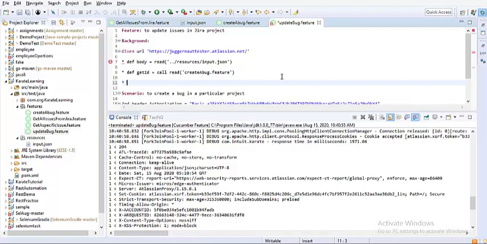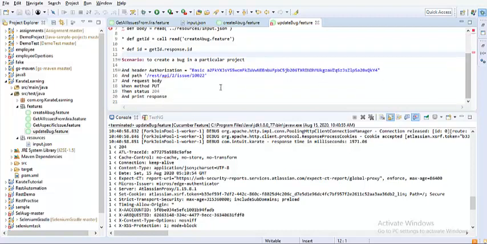So I'm going to create another variable with the help of def keyword, and I would say id equals to, so get id is the variable, and on top of it I am applying the response dot id. Yeah, so now what happens is that, so get id is the variable, so the output of this feature file execution would be stored into this get id. So in the get id, I'm just applying the response dot id, because in the response id is one of the fields that is present. It is not present in the inner JSON. I'm just navigating to the id and I'm storing it in the id.